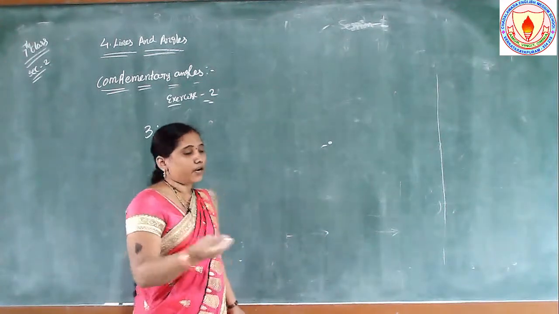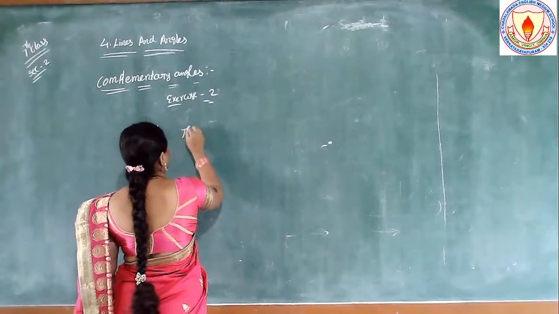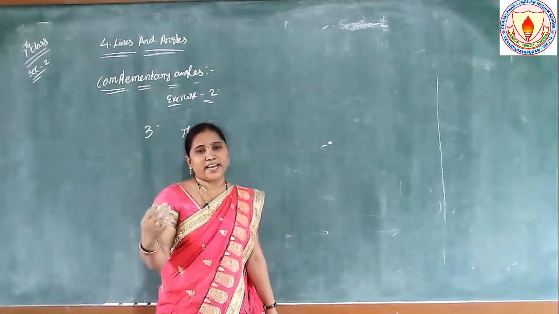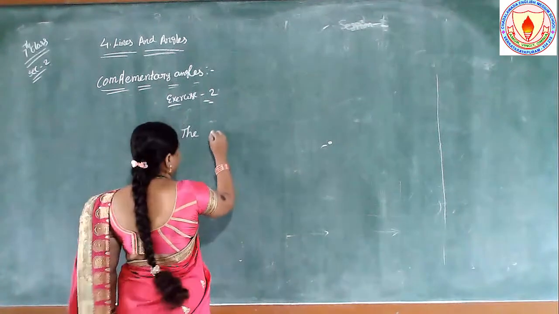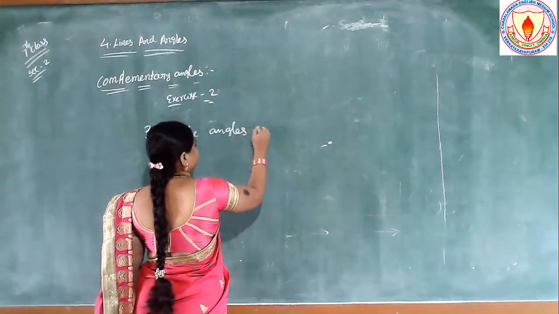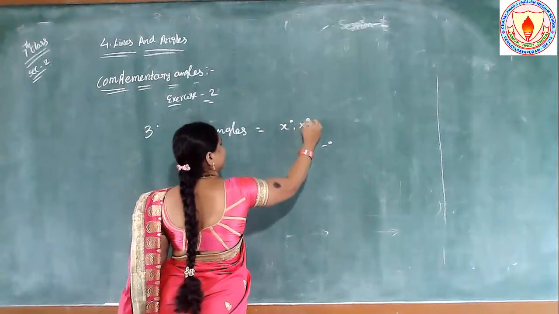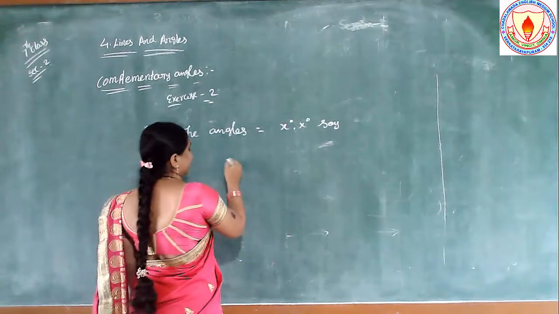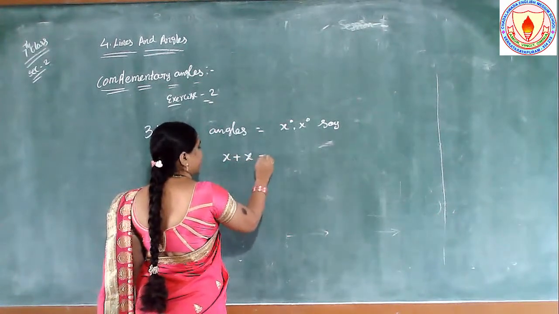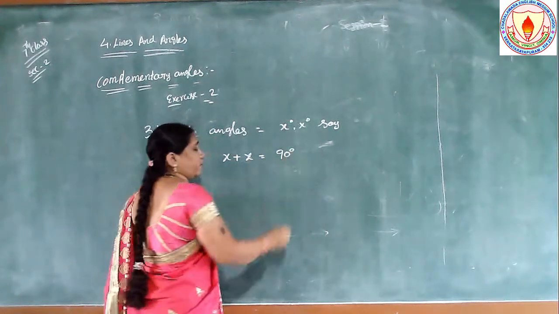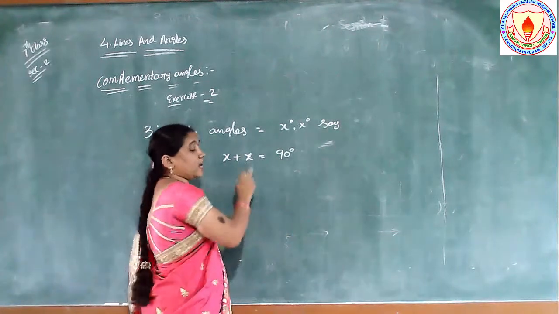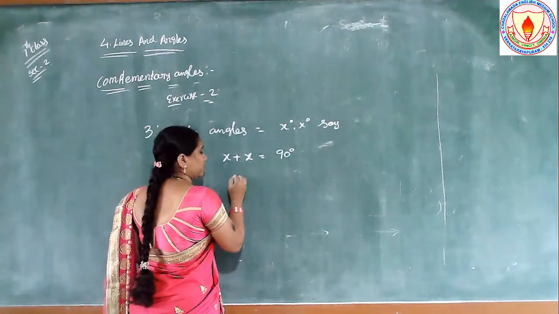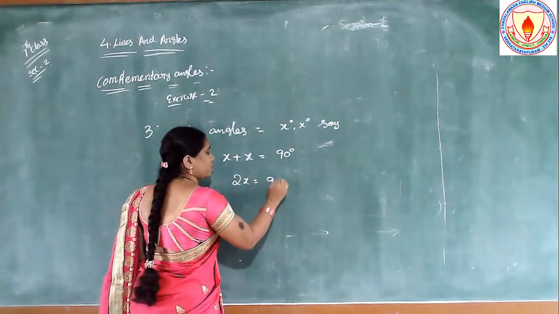So since both are equal, what are the angles? We have to say, as we discussed in algebra, the unknown quantity we call x or y or z. So the angle is x degrees. We don't know it, but both are the same. So we say x, x. So x plus x, what should the total be? 90. Why 90? Both angles are complementary angles. So x plus x, 2x is equal to 90.